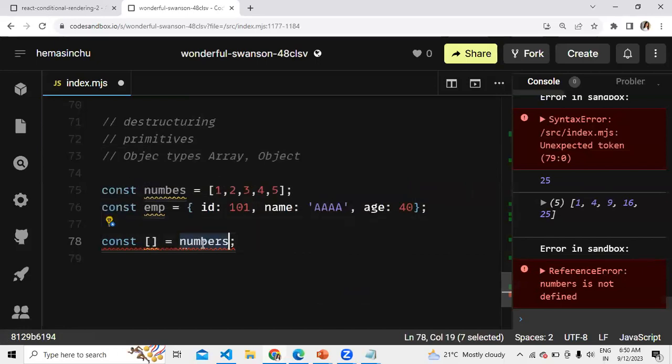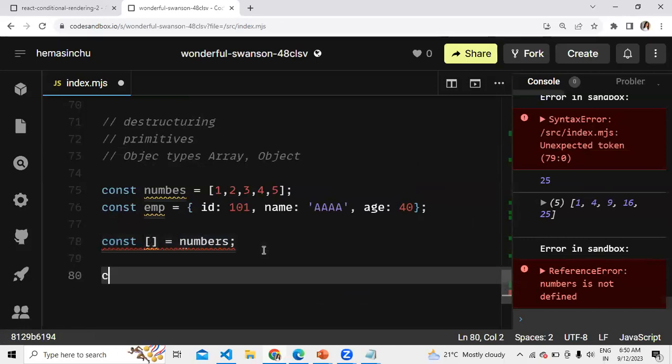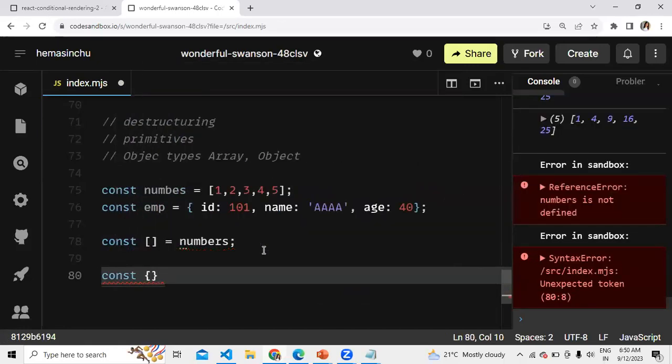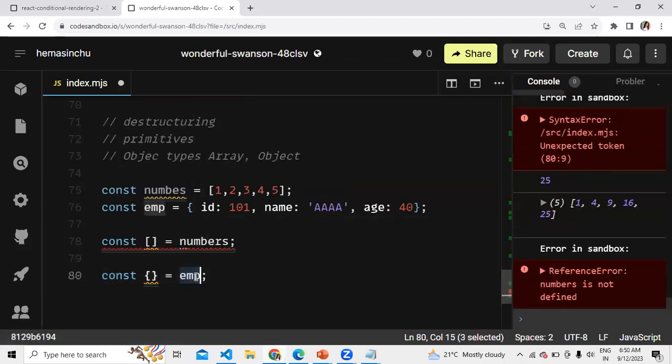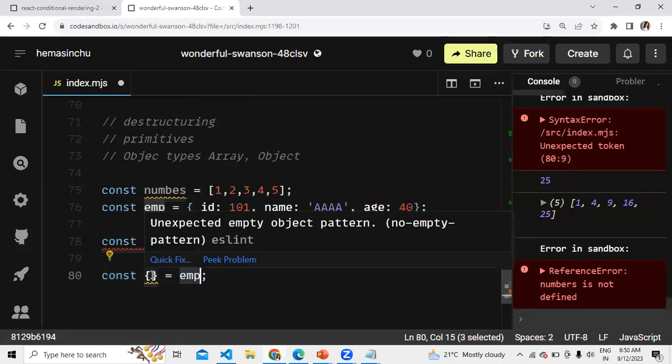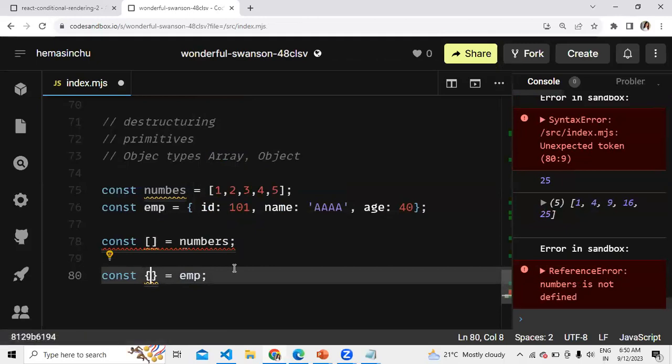Now if it is an object, employee, then I have to write emp, and from here I want to destructure it, but since it is an object, I have to write curly brackets. This is in terms of the syntax.